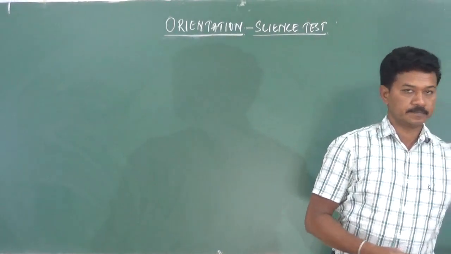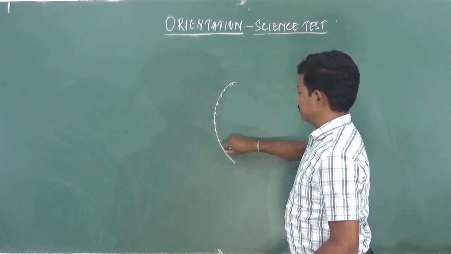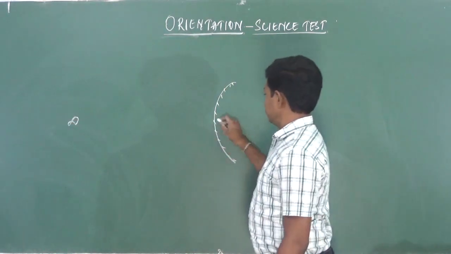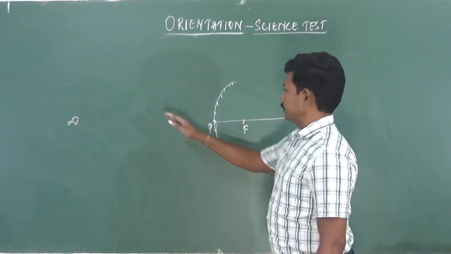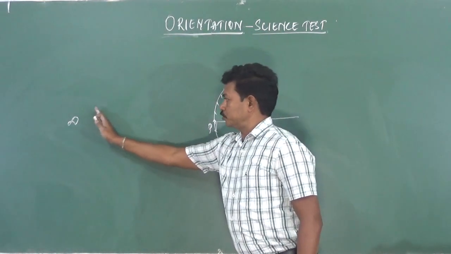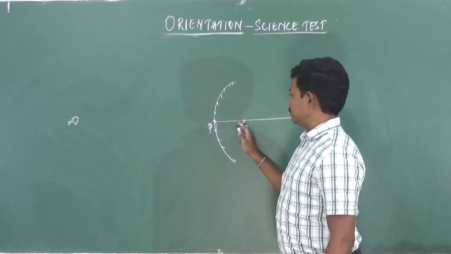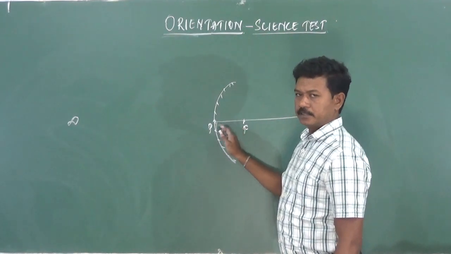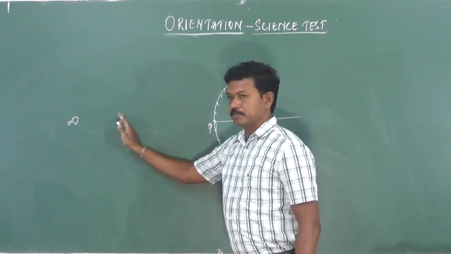When you bring the object, this is the convex mirror. If you take it as infinity, and this is P and F, then when the object is placed at infinity, the image is formed at the principal focus. So when you bring the object towards the mirror, the image starts moving towards the pole of the mirror. That is, it will be in between P and F, but it will move more towards the pole of the mirror. If you take the object away from the mirror,